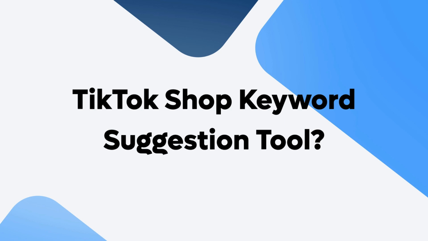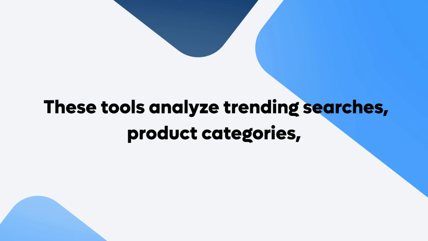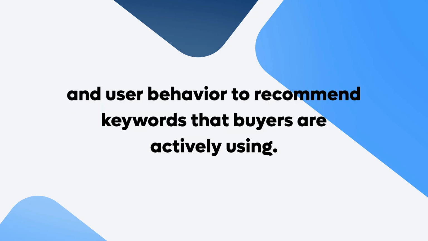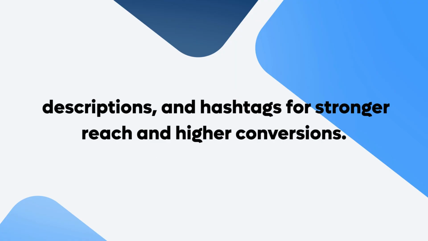TikTok Shop Keyword Suggestion Tool. TikTok Shop keyword suggestion tools are extremely useful for helping sellers find the best search terms and hashtags to improve their product visibility. These tools analyze trending searches, product categories, and user behavior to recommend keywords that buyers are actively using. By targeting these high-performing keywords, sellers can optimize their product titles, descriptions, and hashtags for stronger reach and higher